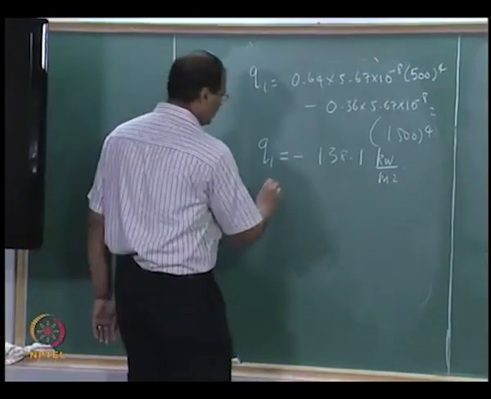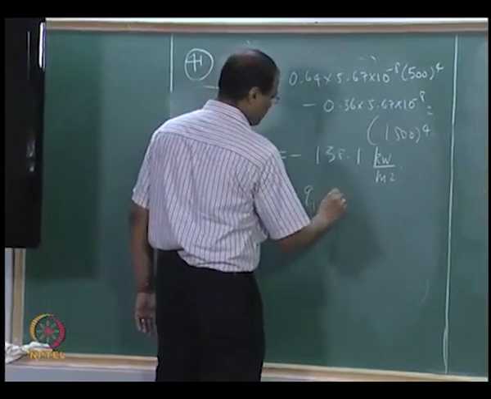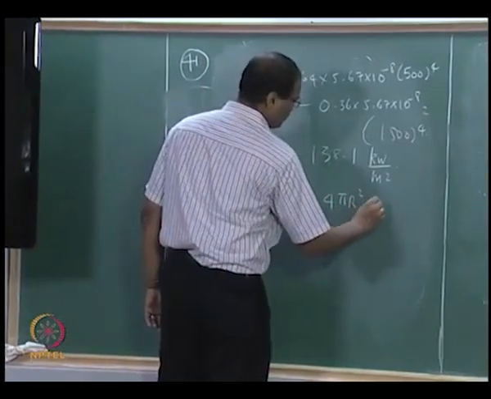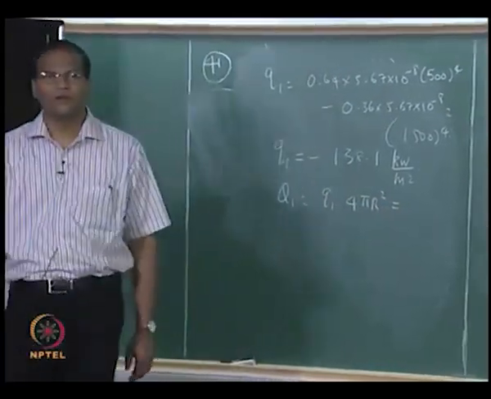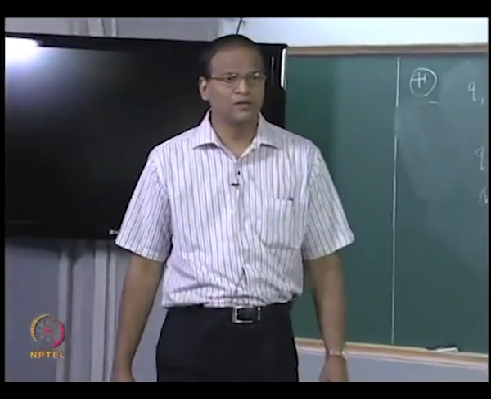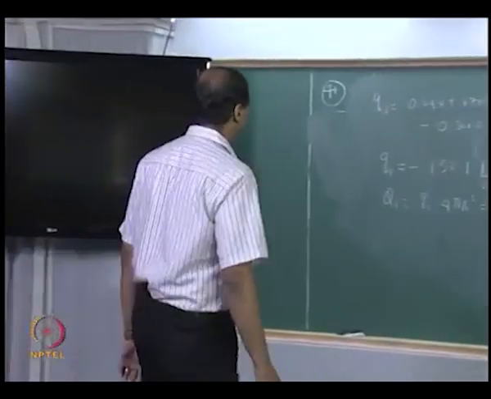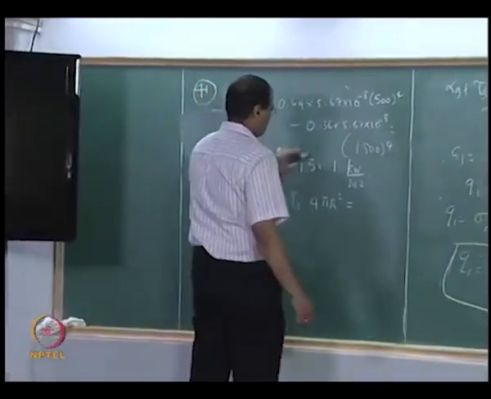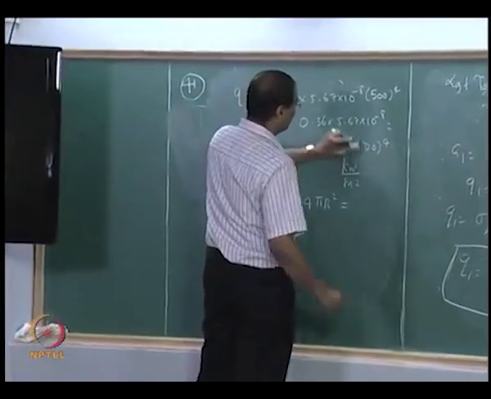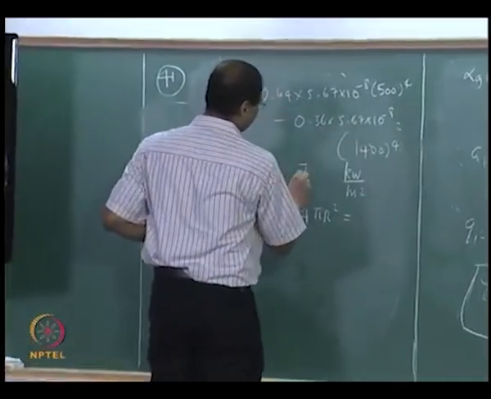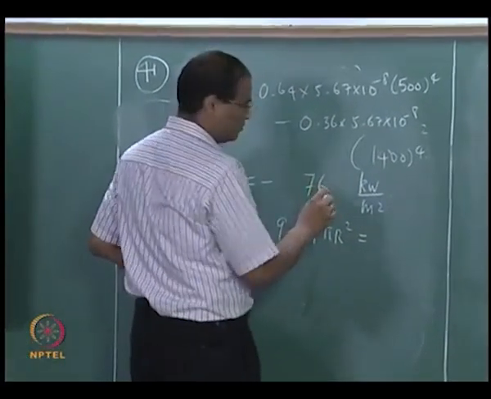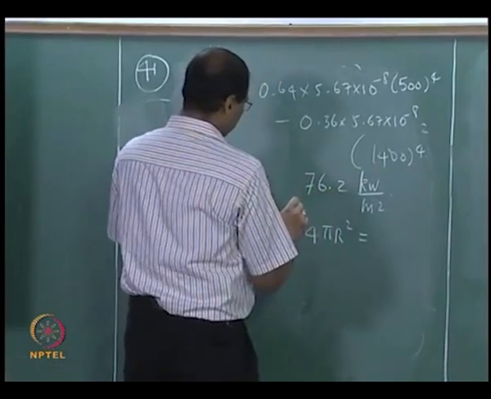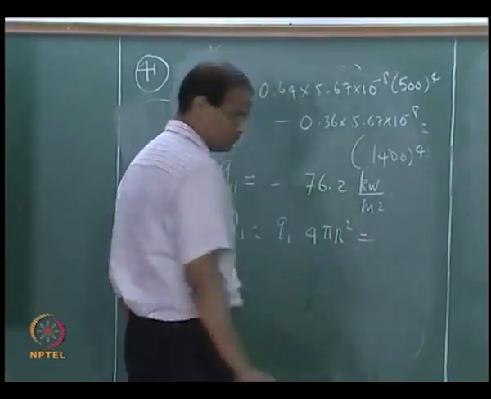Okay. Q1, you are not getting that, Sampath? Thousand 400, okay, minus 76 point. So Q equal to